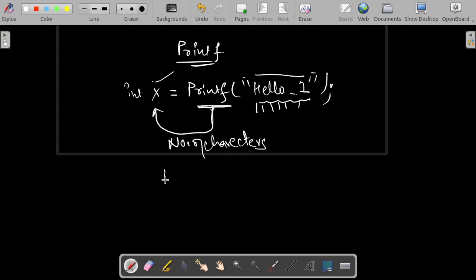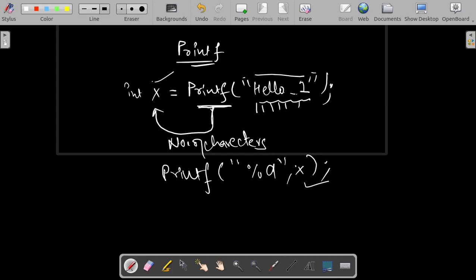And then again, when I print x, the number of characters will get displayed on my console.